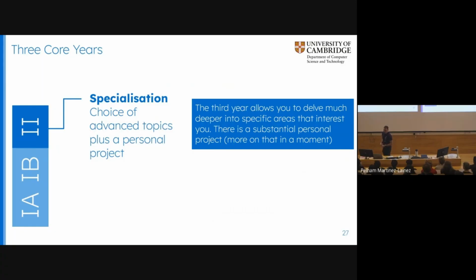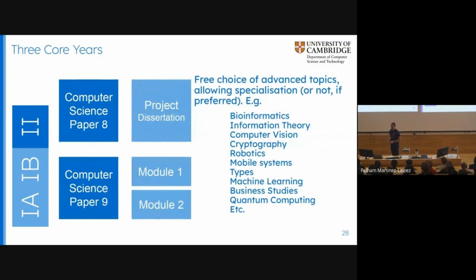Then we get on to the third year, which, as I said, is called part 2. This is where we do allow you to specialize and take some options now. Okay, so before we were saying, no, you don't take any options, you have to do everything. This is the point where you start to say, actually, I would quite like to specialize. Or interestingly for us, you actually get an opportunity to not specialize. I'll come back to that in a second.